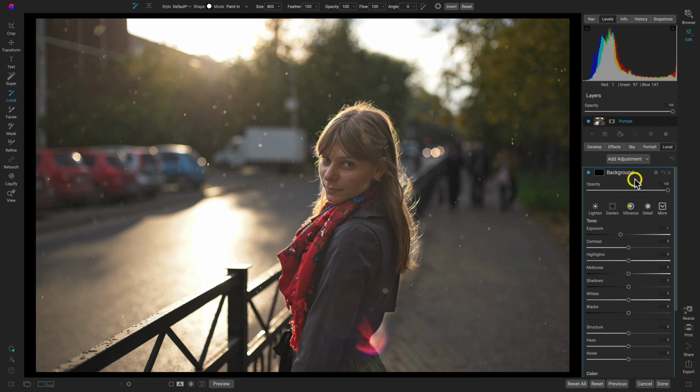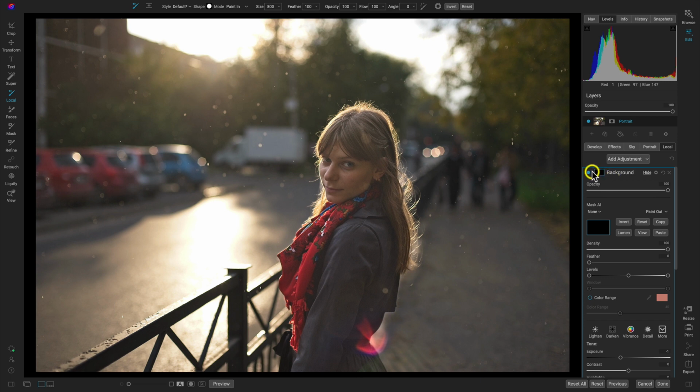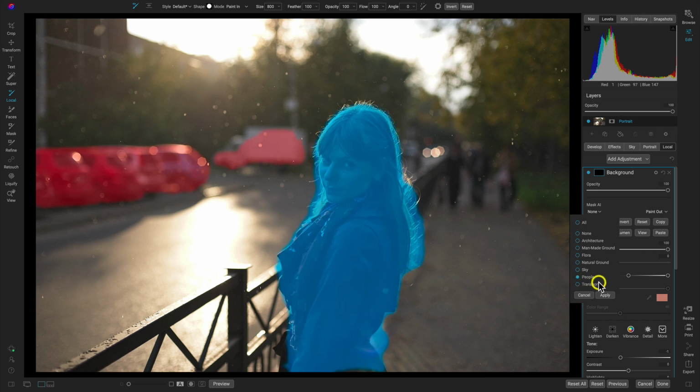To apply this local adjustment, which is automatically set to darken and will darken up our background for us, all we have to do is head into the masking options. Remember, the masking options are right here, and in them we have this mask AI section. We can use this menu to target specific areas within our photograph. I'm going to hover over the people part. You can see it's highlighted the person there. It's similar to when we're adding in the filter and targeting specific subjects. So if I select that and choose apply,